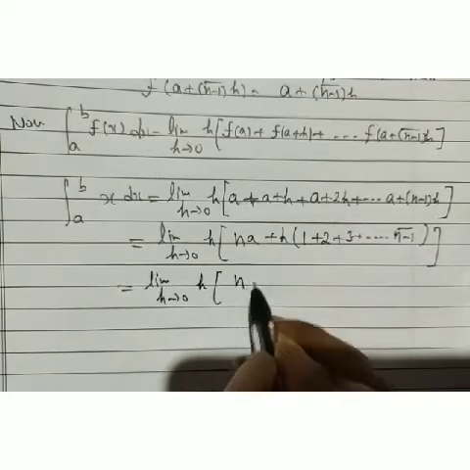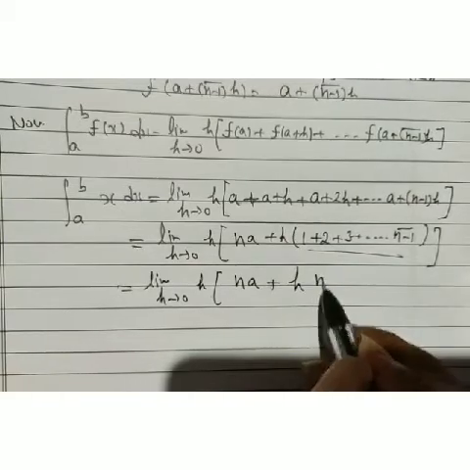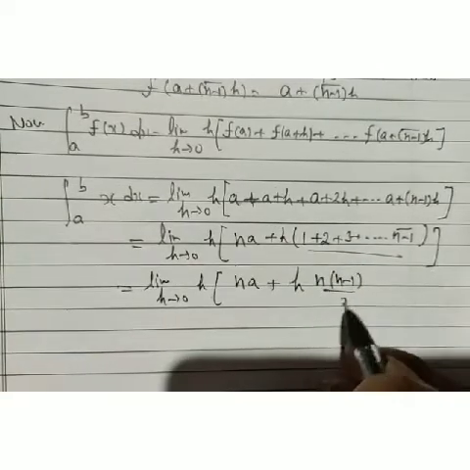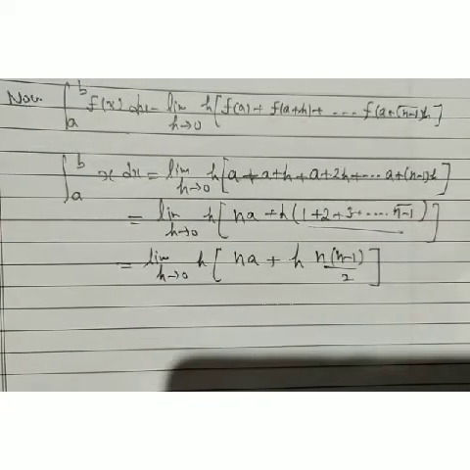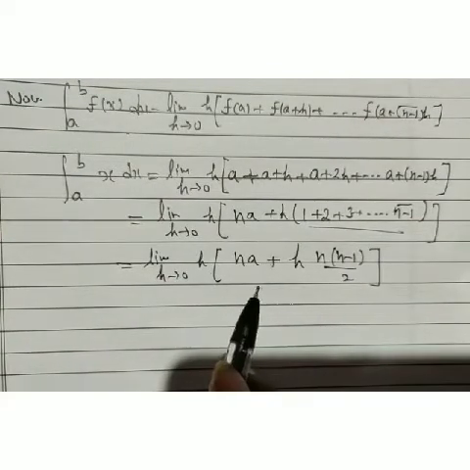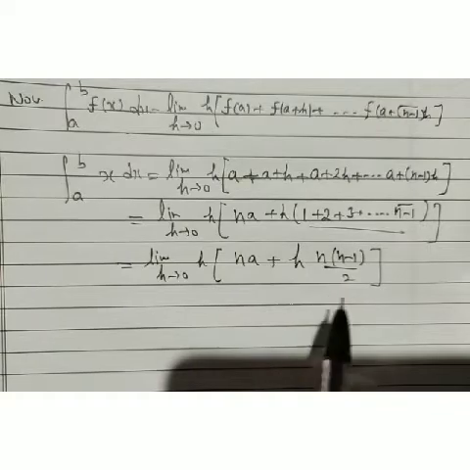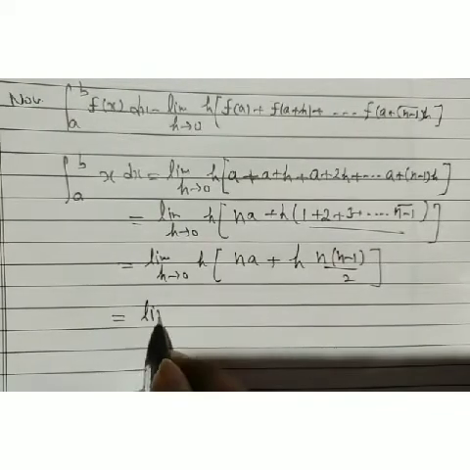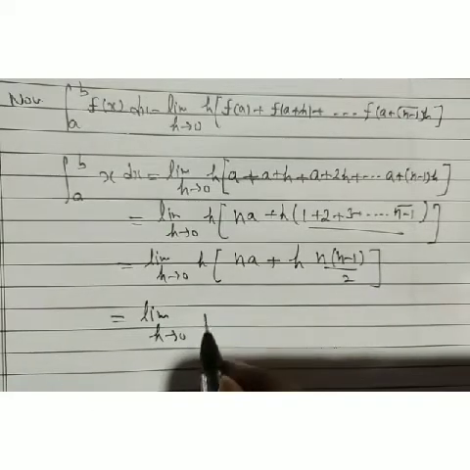This is our n a, and we have discussed its sum. It's n minus 1 by 2. Now look, we are going to multiply the whole part by h. We are going to include our h inside there. And now what we have, limit h tends to 0. We can write it down as n h